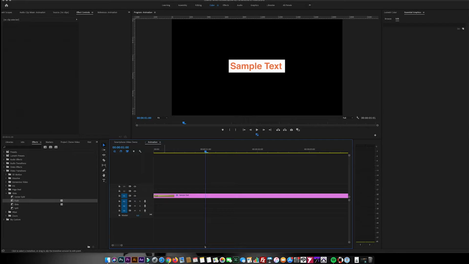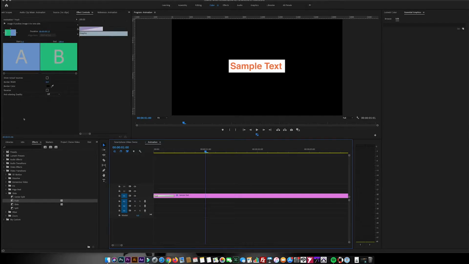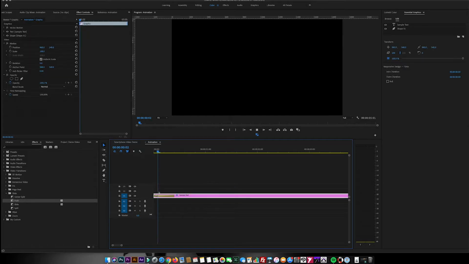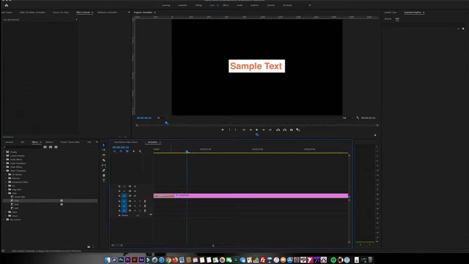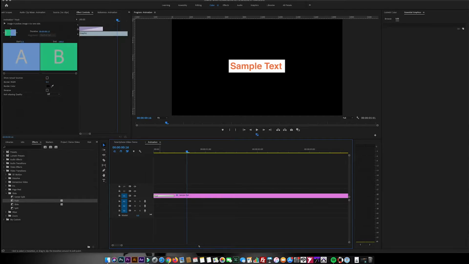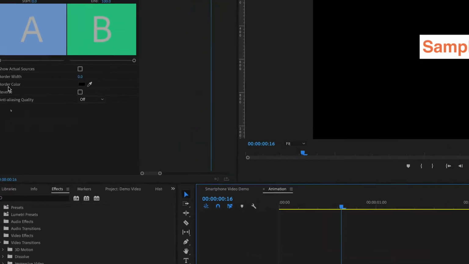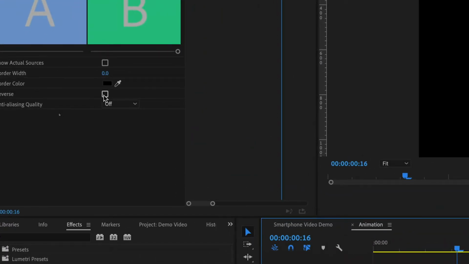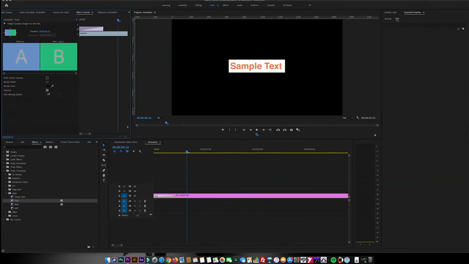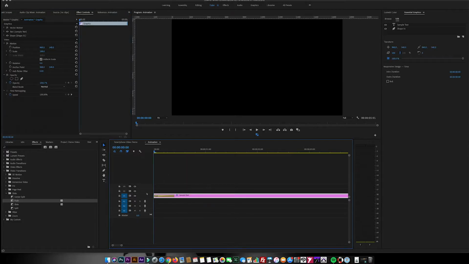Another thing to highlight is that right now the clip is coming from the left to the right, so if you want it coming from the other side, you would just simply select this transition effect again, and on this effects control, just click on reverse, and when I play the video, it would come from the right. So those are very basic